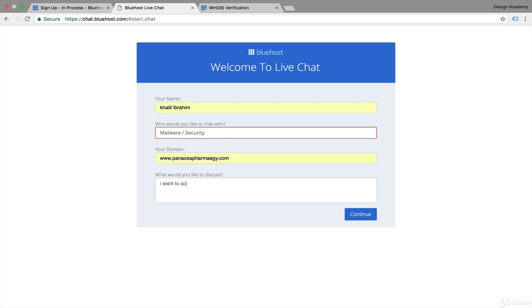For example, I want to activate my purchased domain. Then press continue, and you get a blue screen telling you the chat will start within 5 minutes, or 10 or even 15 minutes, according to their working time and whether they have pressure from other customers. So when you get to customer service, someone will chat with you and ask you for your ID, national ID photo or passport,